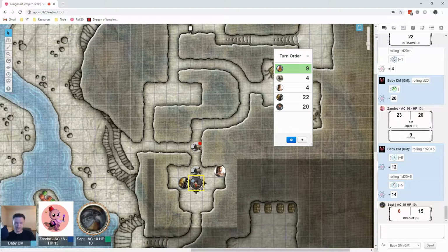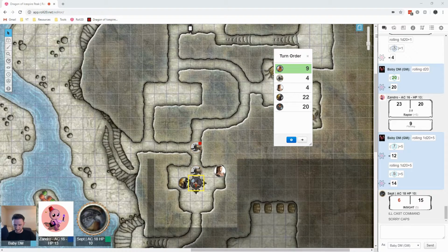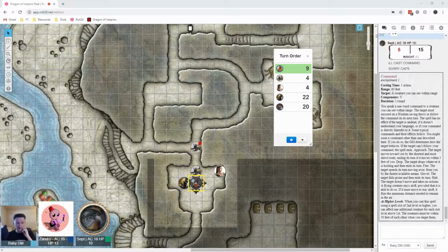Are you going to take a swing at her, or just disengage, or how are you going to handle it? Okay, so is the gnome who was in charge of the crab car still in the room? No, that guy went out back toward the kitchen area, so he's no longer in the room. Okay, so you're going to do a command. Yeah. And what is your command? Leave. Basically, get down off the device and stop shooting at us. Yeah, but it's only one word. Right. Okay. What do I have to roll to defend on that? A wisdom saving throw. Alright. Okay. And that's a 0, so...